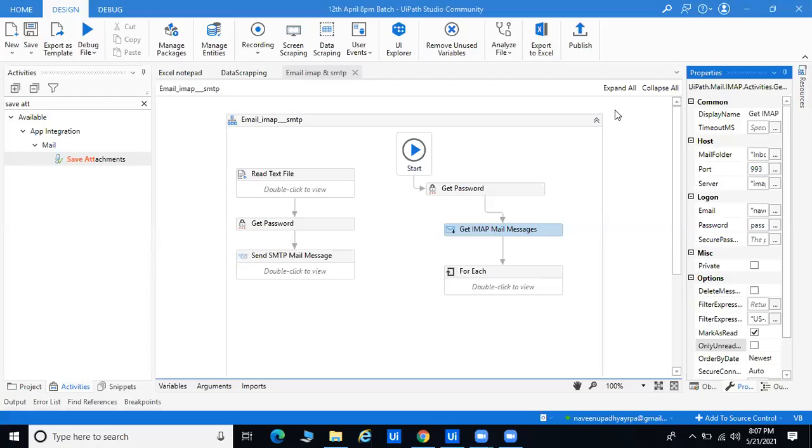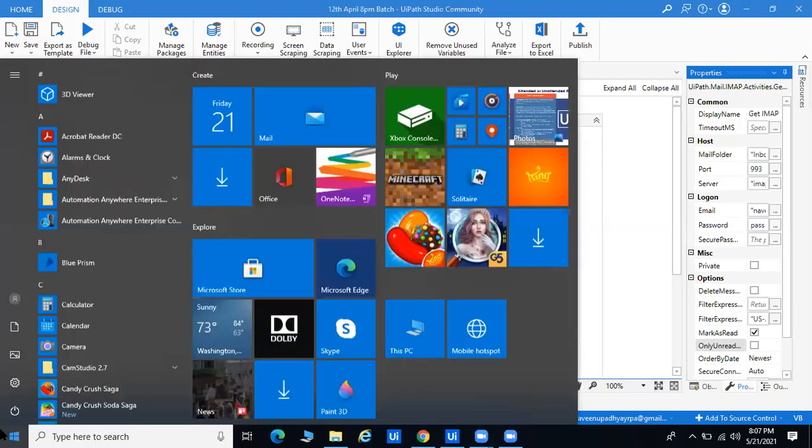First of all, we try to understand how to launch the UiPath and how to start the coding. Okay. So first of all, I will go inside my Windows system. I already installed the UiPath. So whenever you install the UiPath first time, you have to do the same thing and you can go like this. Here I am launching the UiPath Studio. Okay. So this is the UiPath Studio.